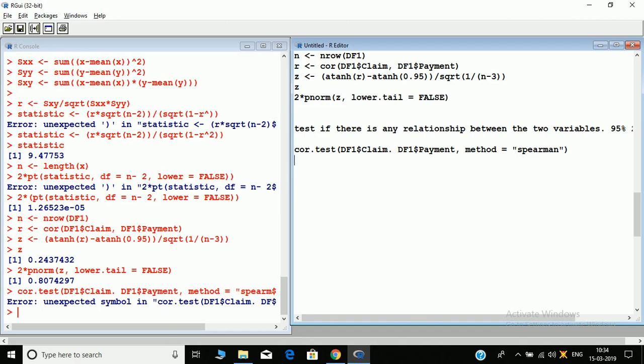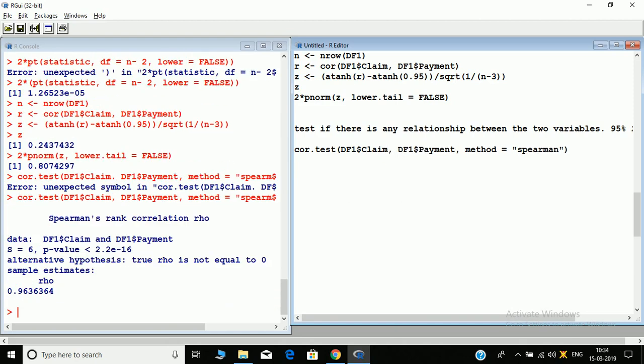See, Spearman's rank correlation rho, the statistic value is 6, p value is less than 2.2 e to the power minus 16, that means almost 0, and our alternative hypothesis is true rho is not equal to 0. Since p value is much less than 0.05, we reject H naught.